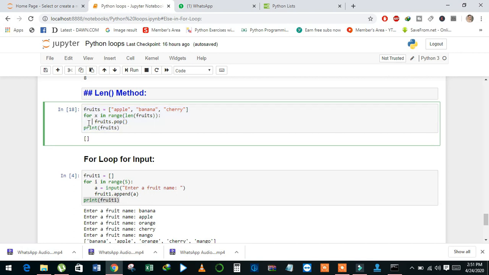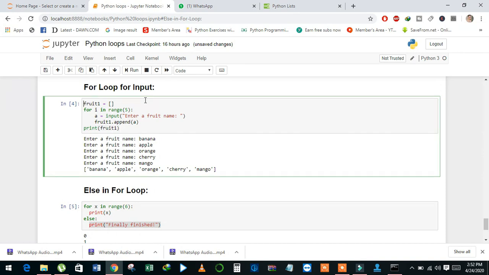I want to start the loop till the range of the list. With the len method we can access the length of the list, and the loop will continue till the length of fruits. And see here, in the for loop I applied the pop method. The pop method will remove each element one by one. It will first remove the last, then the second last, and so on. And see here the result. It will return the empty list.